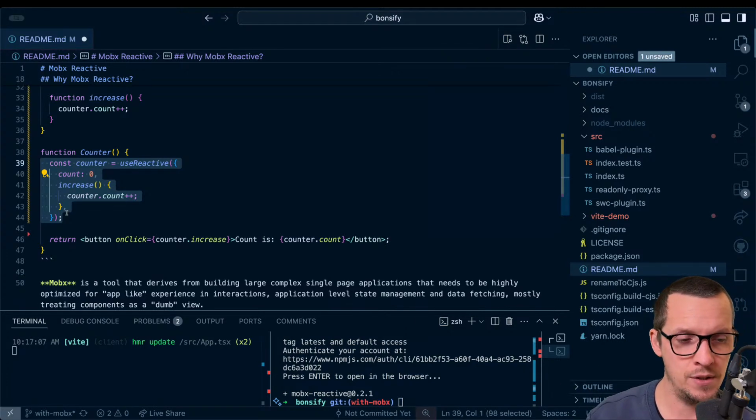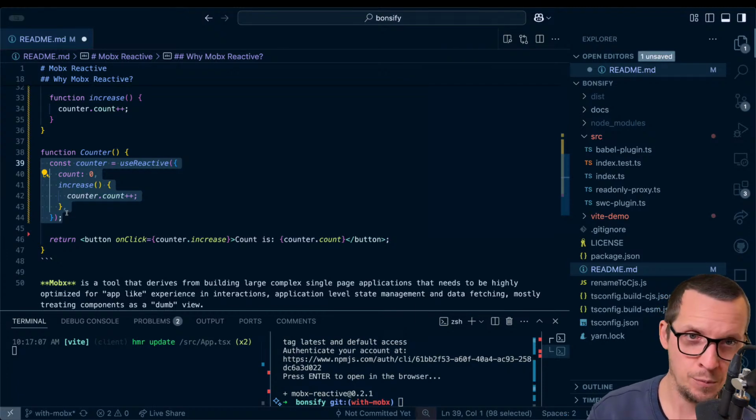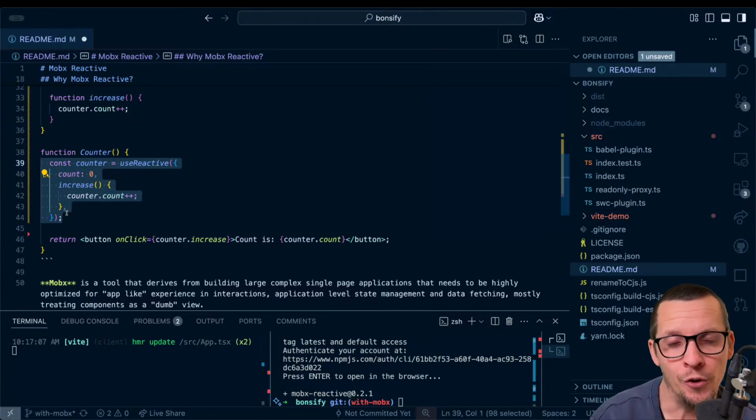Yeah, you can't use it with use effect. The state is mutable, so it doesn't change reference. So you can't use it with the effects. None of those things are practical problems, but they break, or create friction with, your mental model of React.